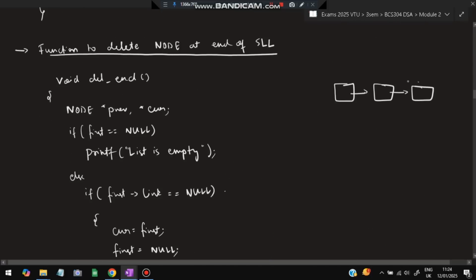Deleting at the end means what? We have to delete this one. For that, what all do we need? We need to set the link part of this as null. For that, we need to reach till this point, and also we need to reach till this point. So two pointers we need. First is to clear off this one. Second is to make the null part of the previous one to null. Okay, so node previous, current, two pointers will be created,